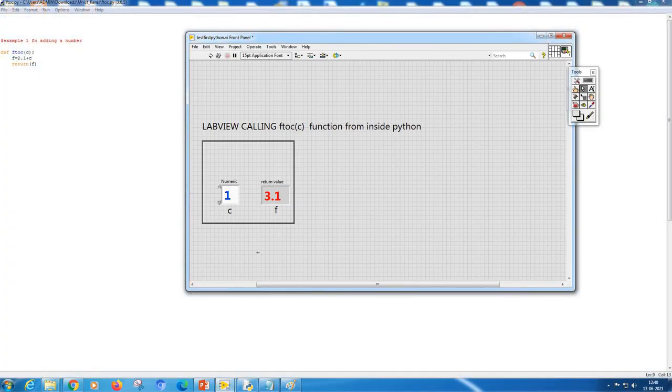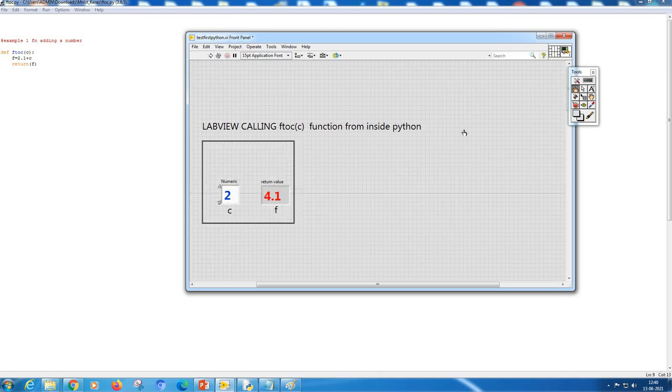How do you call this function in LabVIEW? The Python program you need not keep open; it will be in the background, and at the front end you will see only the LabVIEW screen. When you type 1 here, you will get 3.1. Suppose I give 2 here, then run the program, you get 4.1.